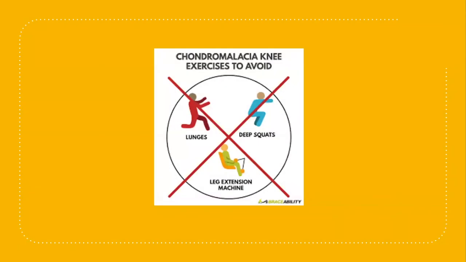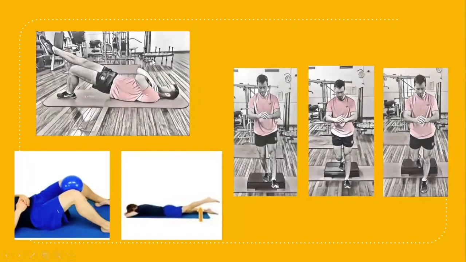In chondromalacia knee, patients should avoid certain exercises. Deep squats, lunges, and the leg extension machine should be avoided, which cause aggravation of symptoms and pain whenever there is a history of chondromalacia. The rehabilitation of chondromalacia patella includes pelvic lift, squeezing a pillow for 5 seconds and repeating it, Shalabhasana, a yoga posture, and then stepping anteriorly and then reclining, which is a very good exercise for anterior knee pain.